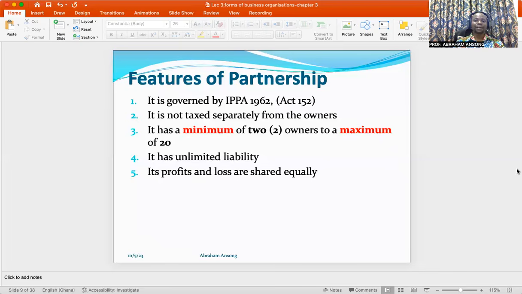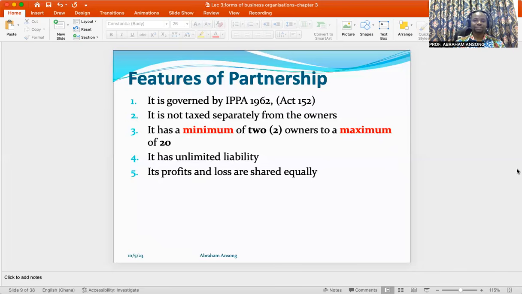So just as with sole proprietorship, if you get into partnership and there is liability, the personal assets of the partners can be sold in order to defray the debts of the partnership. However, we have to know that there is a form of partnership known as limited partner. If one of the partners opts to become a limited partner, then they almost enjoy the rights of shareholders. Okay, with a limited partner, their liability will be limited to only the amount that they have contributed to the partnership.